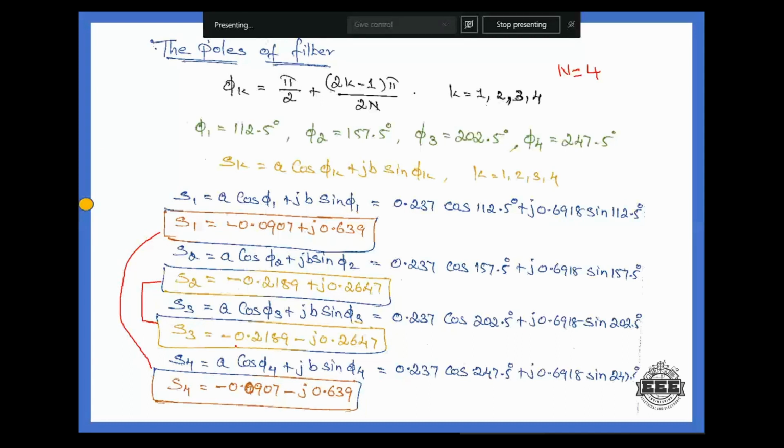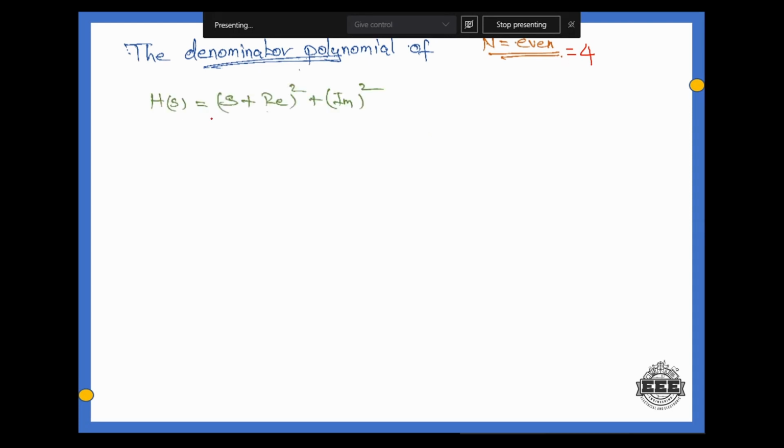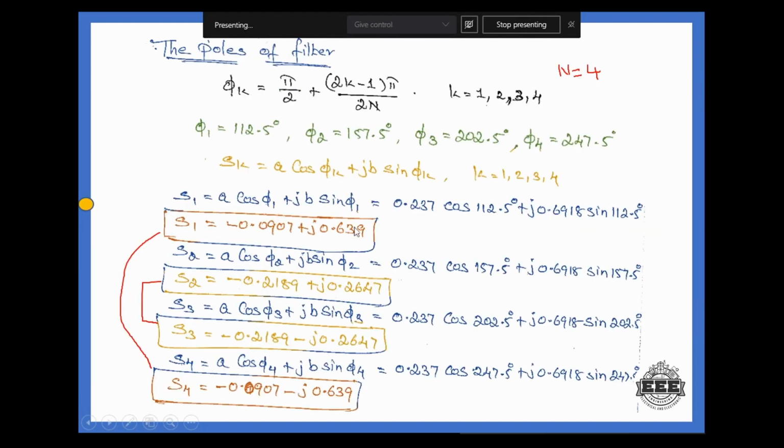Then what are we going to determine? The denominator value. To determine the denominator value, your n value is even. That is, your n value is 4, which is even. For this even case, we know the formula is s plus real square plus imaginary part square. So how are we going to expand here? We are going to expand with the two real values which we are getting here, that is